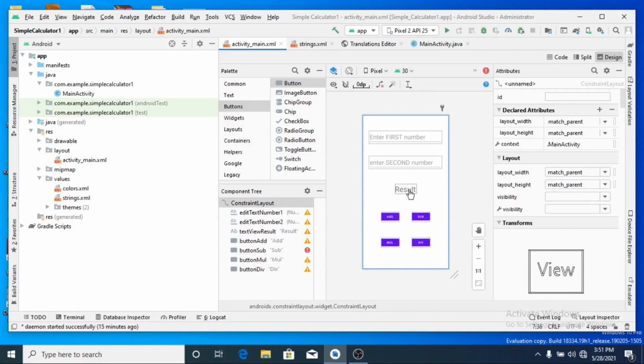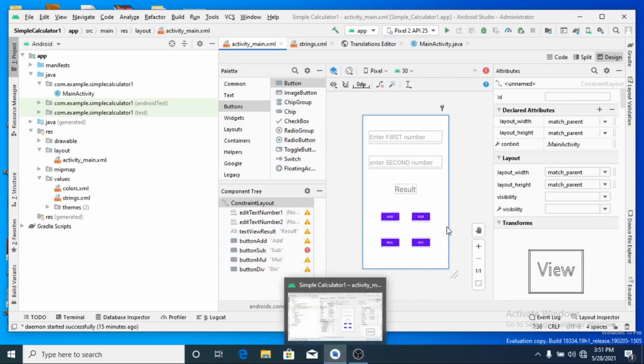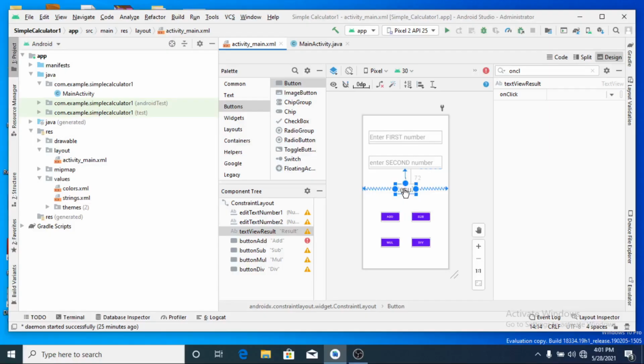Let us go into action now. We have designed the main layout, correct? Let us continue. Now I have come out with a design as per my requirement or wiring diagram. Now I should write the action for the button clicks, correct? There are 4 buttons: add, subtract, multiply and division.